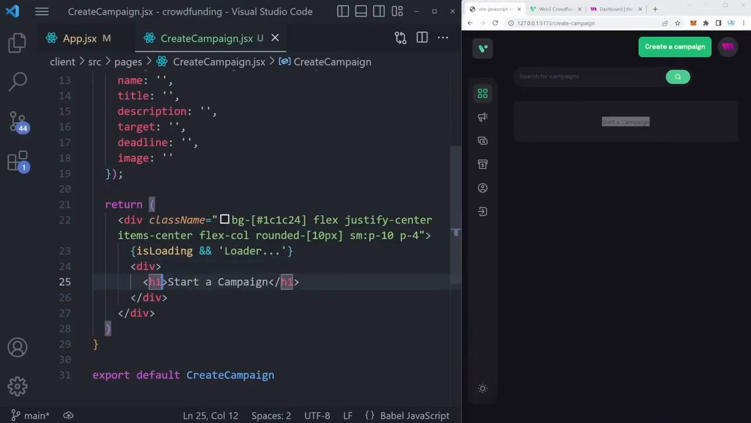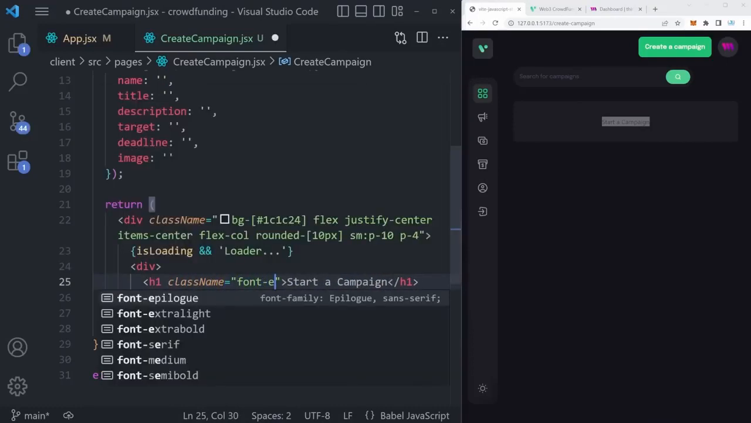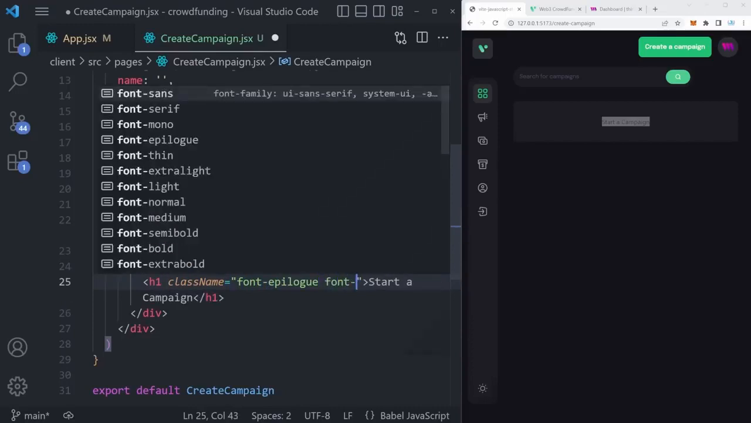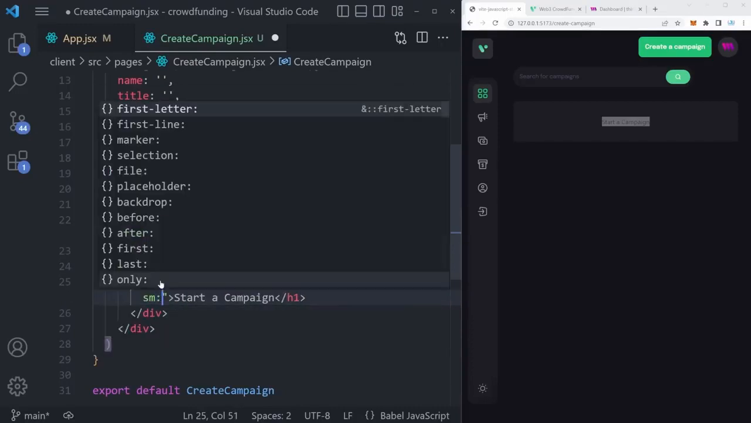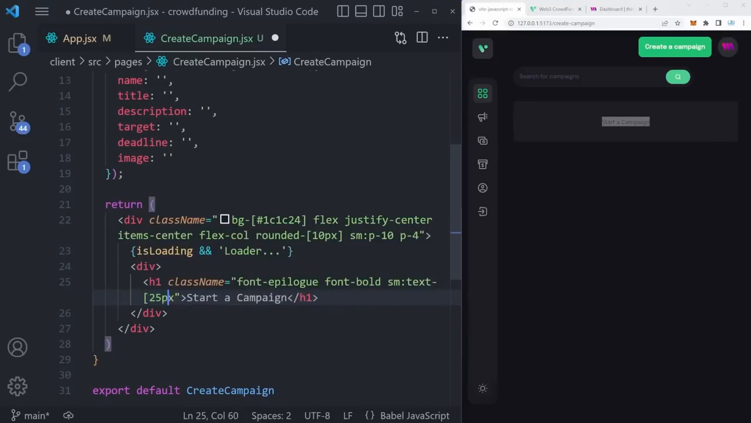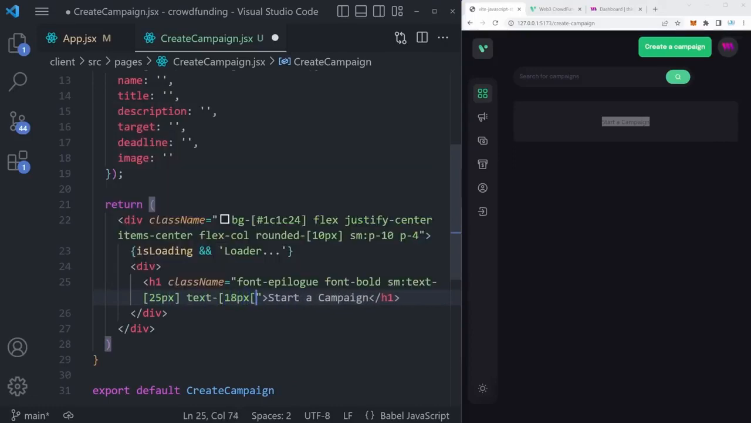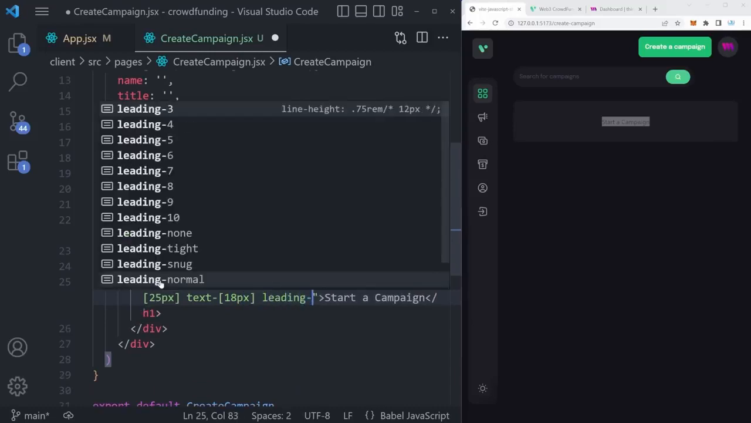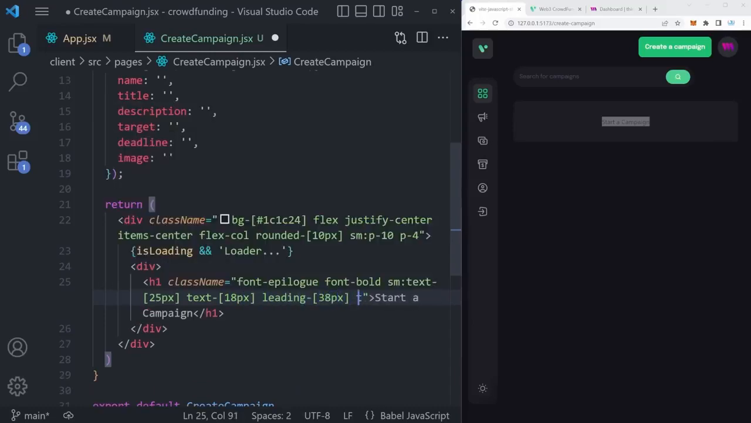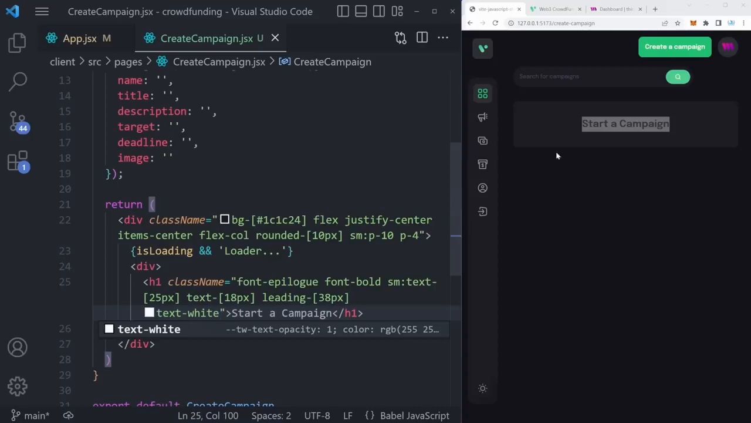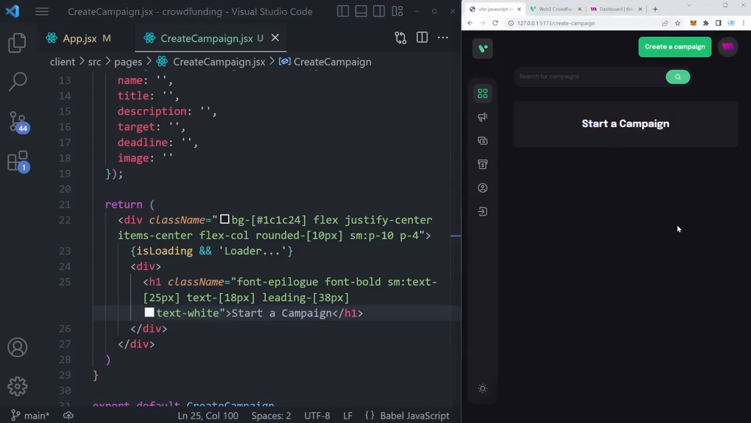Now, of course, it's hard to see it. So let's give this h1 a className equal to font-epilogue. Let's also give it a font-bold. On small devices, text-[25px] to make it large. Usually text-[18px]. leading-[38px]. And text-white. This should be much better. Let's also style the